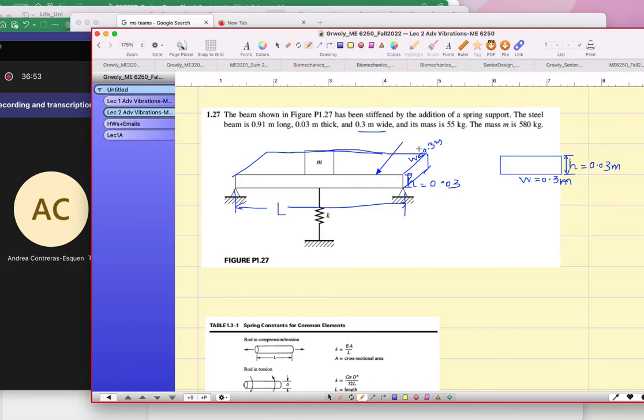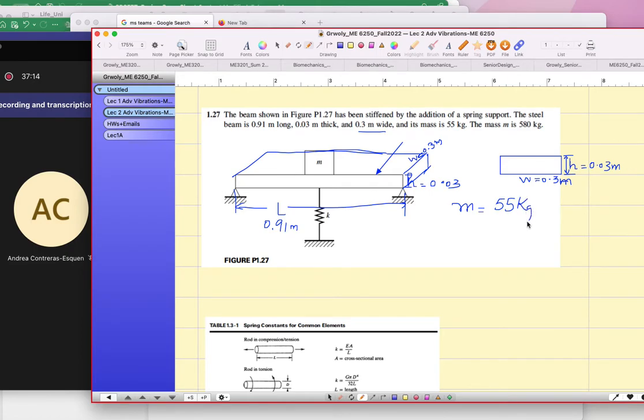Now it is asking about the steel, and the length is given. Length is how much? 0.91. The thickness and the mass of the beam are given. This is the mass, which is